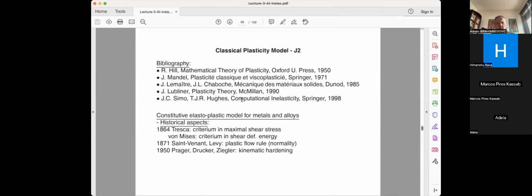Then one of my former professors in Berkeley, Jacob Lubliner, was actually writing a book when I was following his courses. And with him, I learned something that you should not be doing. It was a very nice book on plasticity with lots of analytical solutions. He was not into numerics. He was, I think, of Polish origin. He came to the US later,